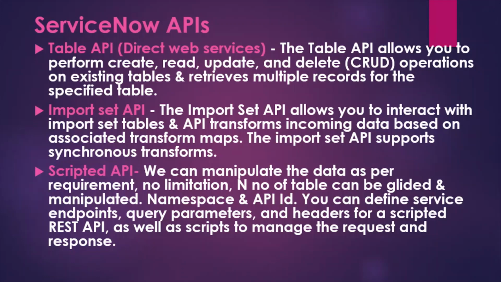So for example, if we are creating an incident through integration, first we'll store whatever data is coming from the source into the staging table, the import set table, and then we'll transform the data from the import set table to the incident table. This is very useful because we will be able to track what data is coming in. I'll explain later, when we are working with import set API, what the benefits are.